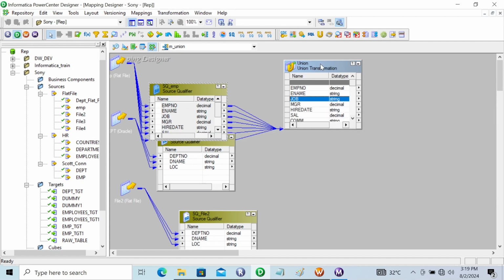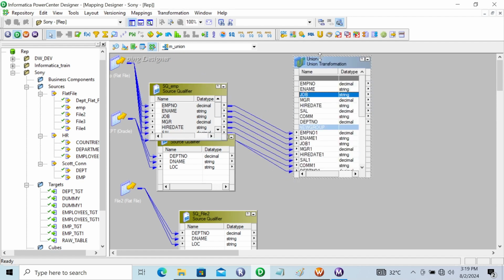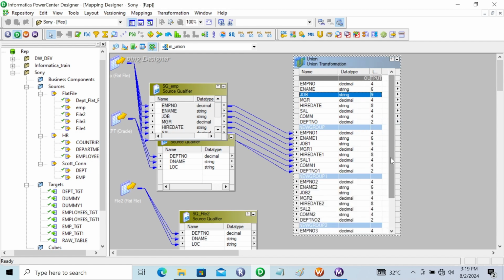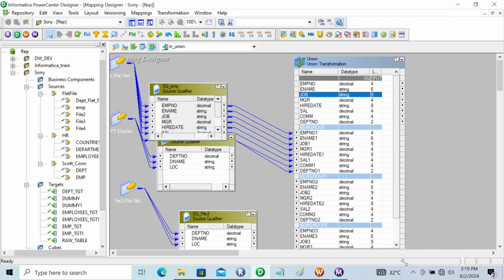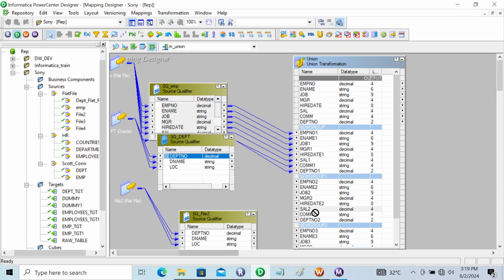So you can see when you drag this first file, the input and output groups you can compare. Here you can see there is one output group that's created, and there are 2 or 3 input groups created. So you can join this: DPT number joins on DPT number, DName joins ename, and on this location. So let's give here job 2,